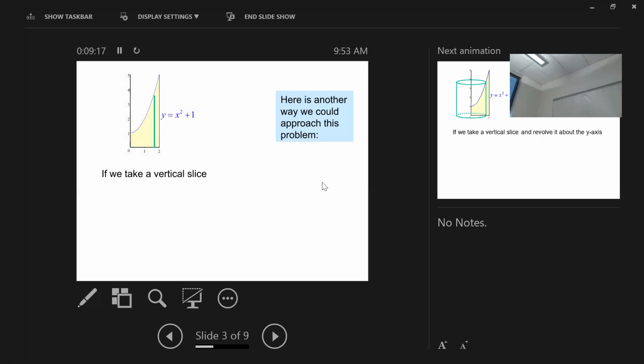Some problems lend themselves to be done either way. And you could say, well, I prefer this, I prefer that. But some problems are going to force you to do it this way. And that's why you need to get your mind around this. You can't say, well, I'm going to push everything. Like, I have a little bit of comfort now with washer, so I'm going to do every problem as a washer. Yeah, you would get most of the problems